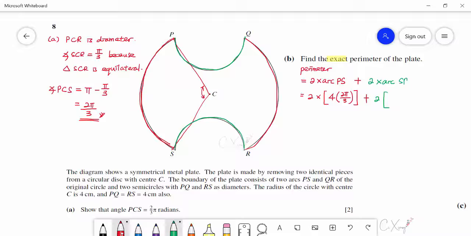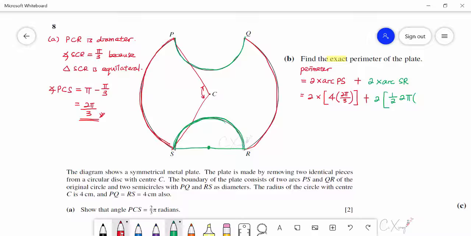Sorry, SR. Yeah, so to get the arc for SR, it is actually the circumference of a semicircle. Okay, all right. So what we can do is take half of the perimeter of a circle. So half the perimeter of a circle will be 2 pi r, right? So 2 pi, and then for this